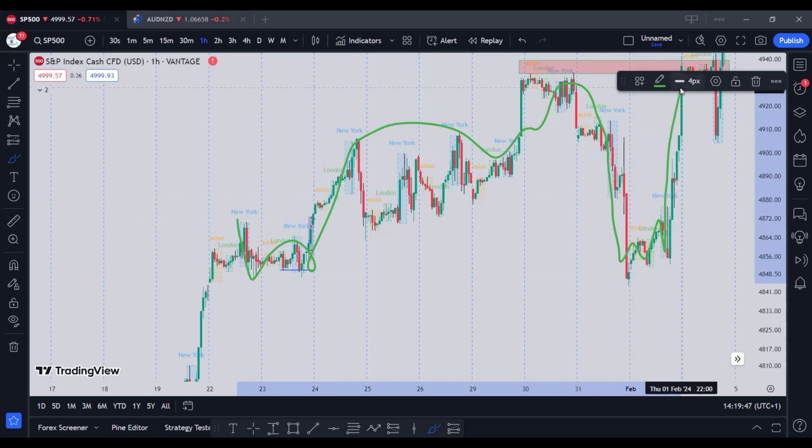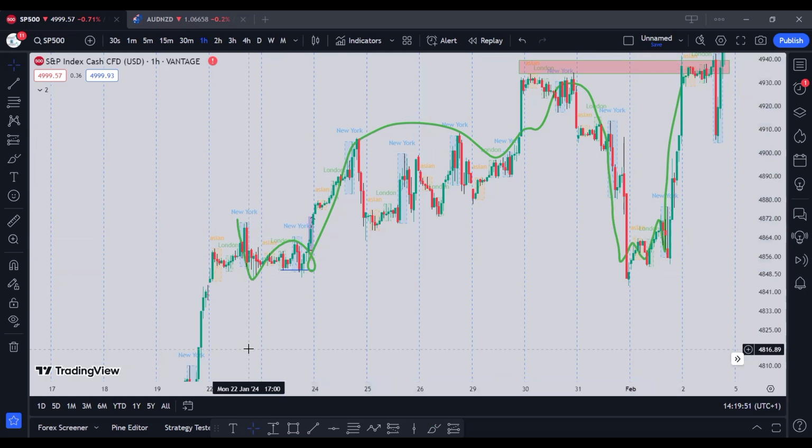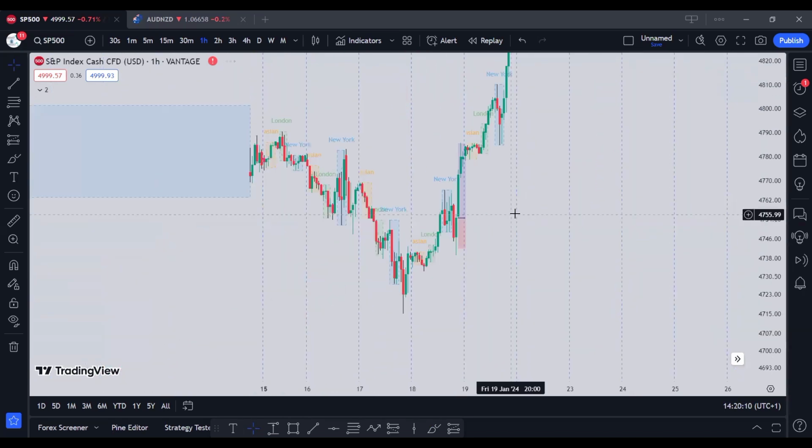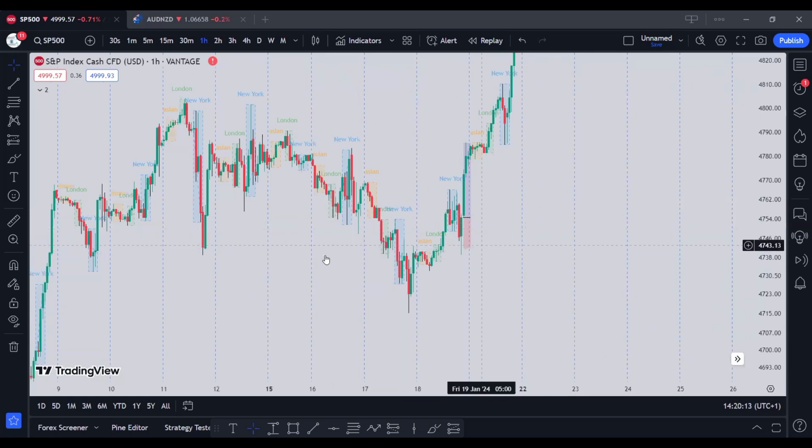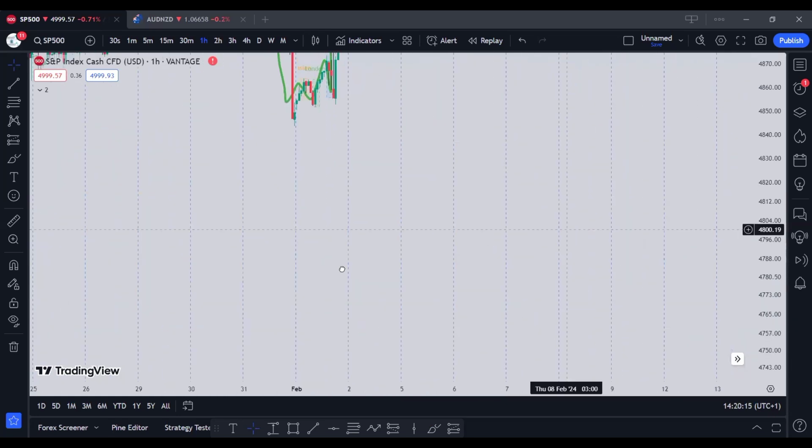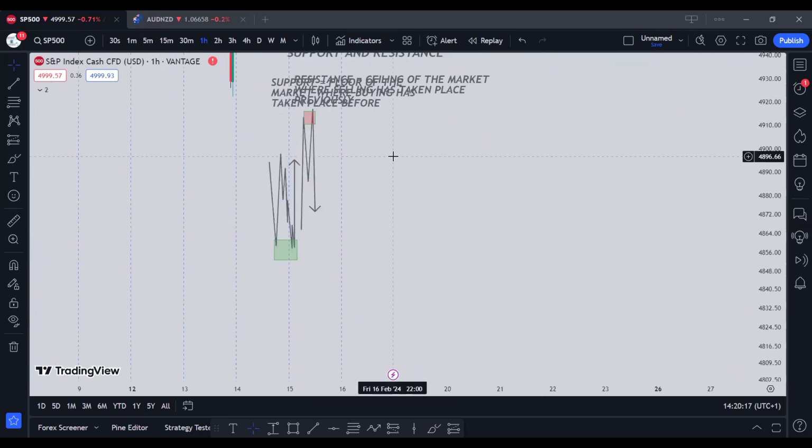We bought again. So if you can identify solid support and resistance zones, you should be able to make money from the forex market. That's just the basic way we play the forex market. Understanding where to buy and where to sell. We are buying at support, and we are selling at what? Resistance. It happens over and over again. Do you understand? So the next part of this exercise would be